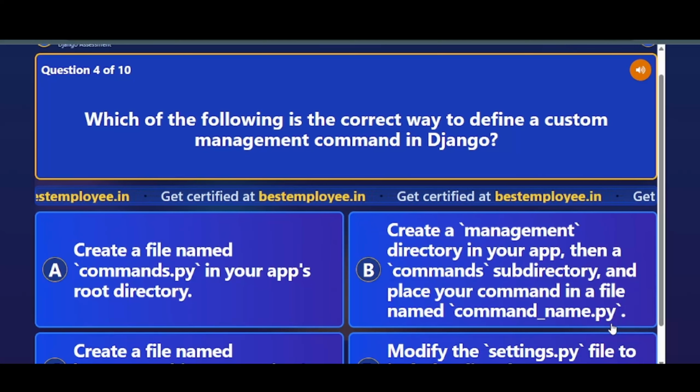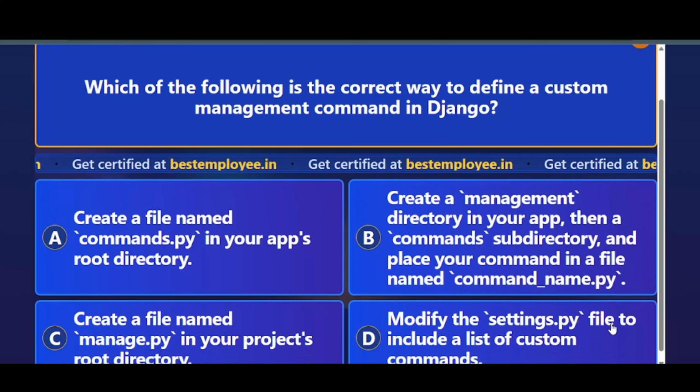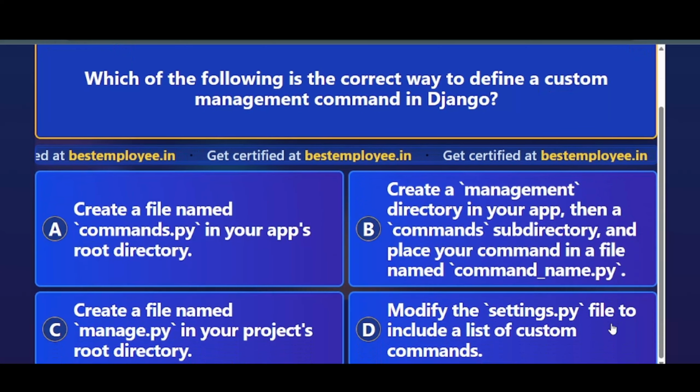Which of the following is the correct way to define a custom management command in Django? Option A, create a file named commands.py in your app's root directory. Option B, create a management directory in your app, then a commands subdirectory, and place your command in a file named command_name.py. Option C, create a file named manage.py in your project's root directory. Option D, modify the settings.py file to